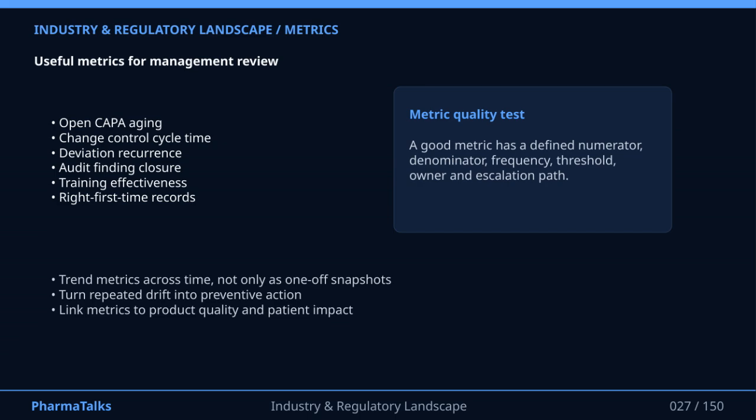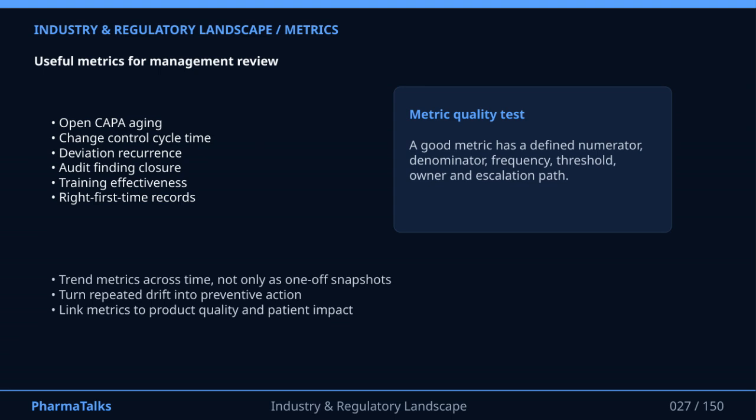Change control cycle time measures the duration it takes to implement changes, highlighting efficiency. Deviation recurrence is essential to monitor repeated issues, while audit finding closure assesses how quickly and effectively audit observations are addressed. Training effectiveness ensures that personnel are properly equipped to maintain quality standards, and right first time records focus on